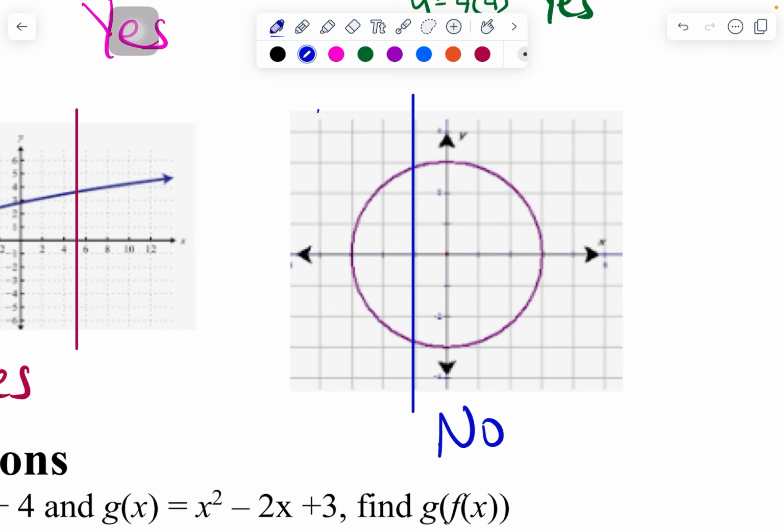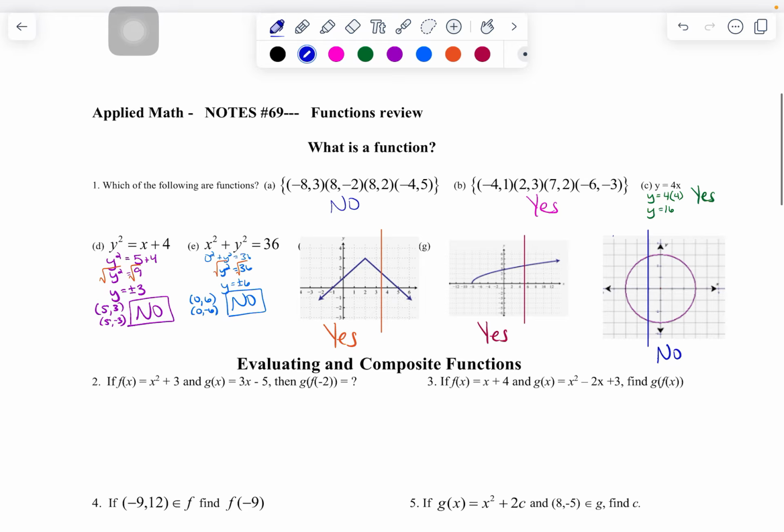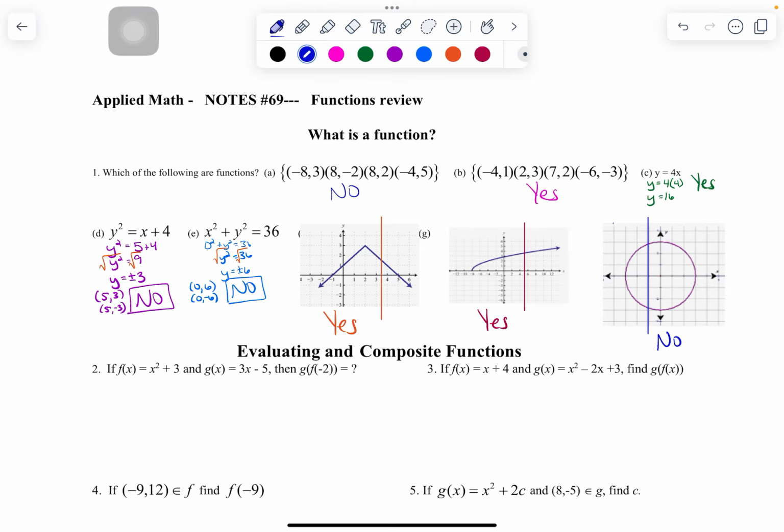So no function there. All right, so that's going to be the first video here. This is simply figuring out what is or is not a function. You can already see what's coming up in the next one. It's going to be evaluating and composite functions. But if you have any questions about what makes a function, testing ordered pairs, equations, or graphs,